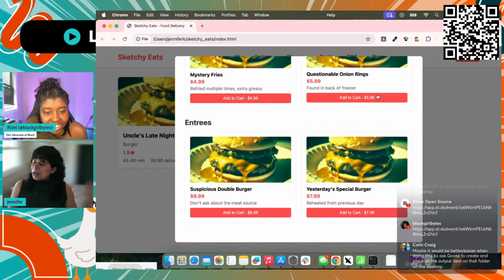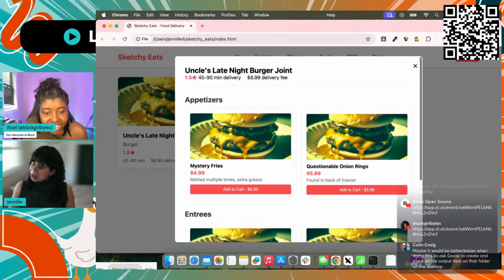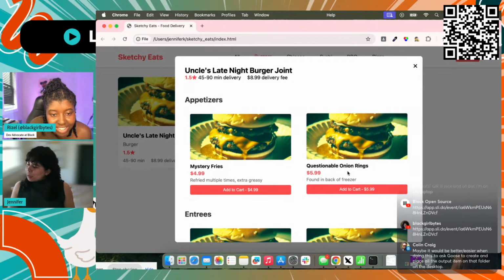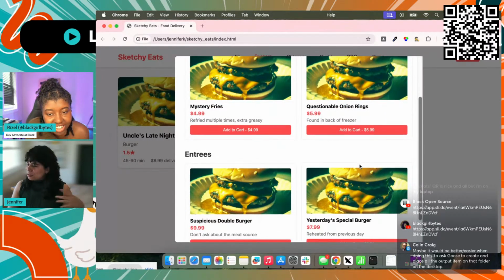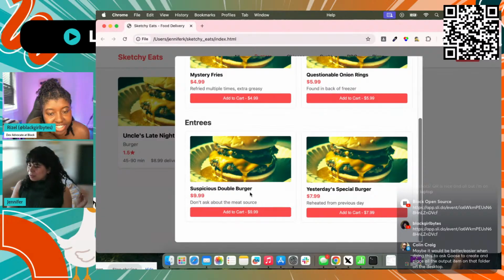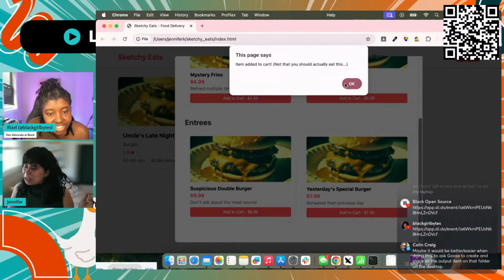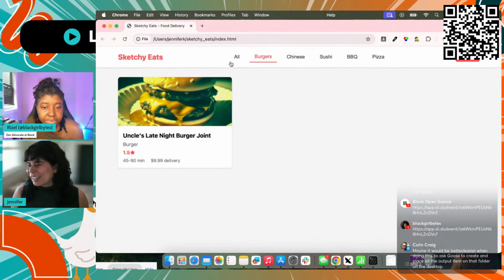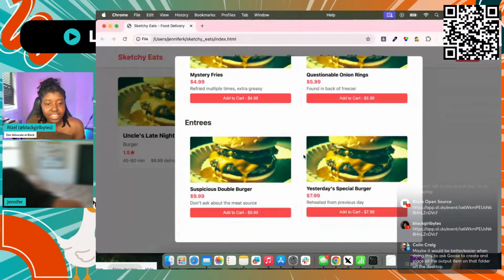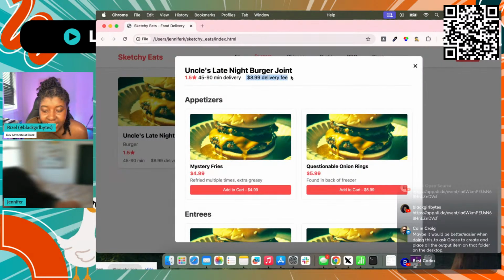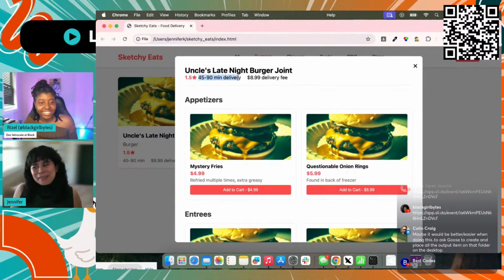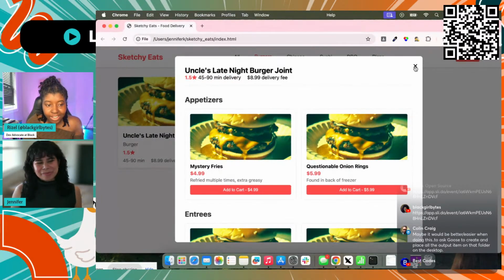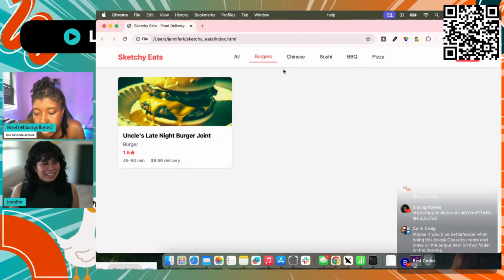Oh, and we have unique prices for each of the items. Like $5 for fries, $6 for onion rings. That's kind of what I would expect. $10 for a burger, maybe. It even has a delivery fee. Oh, did it? Yeah. If you go to the top. There we go. Oh, and it has an estimate of our delivery time. Fantastic. So even though Goose was taking long, it was going detailed.